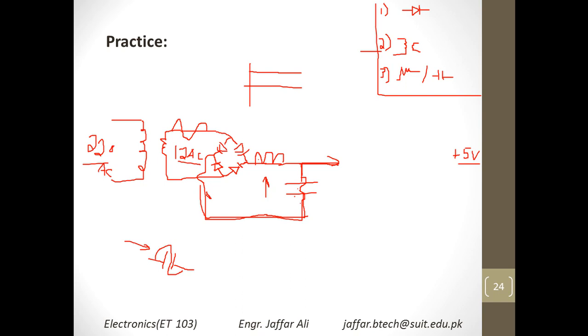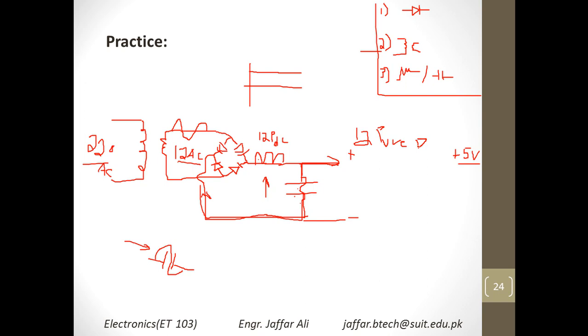This is the reverse path, or the ground path. So you will not be getting any pulsation in the output voltage. From the output voltage you will only get a pure straight line. Let's say this is the 12 volt AC. Here you will be getting 12 volt DC, but this DC will be pulsating DC, PDC. But after the capacitor you will be getting pure DC, and this pure DC will be of 12 volt amplitude.